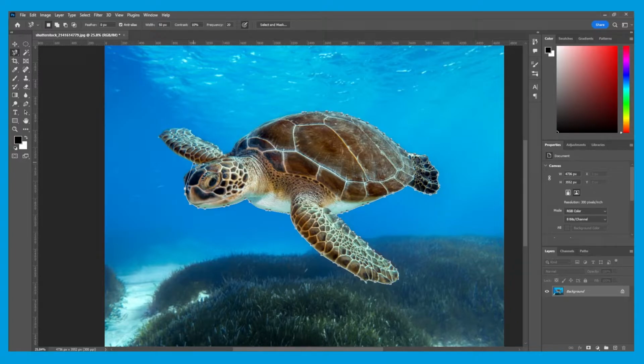If Photoshop makes an error like that, you can press backspace or delete on your keyboard to go back a step and redo the step. I think here that Photoshop shouldn't actually be doing this, so I'm just going to try again one more time with my cursor. And you can also click to make a new anchor point. This will reset the last location. As you can see, yep, there we go, perfect.